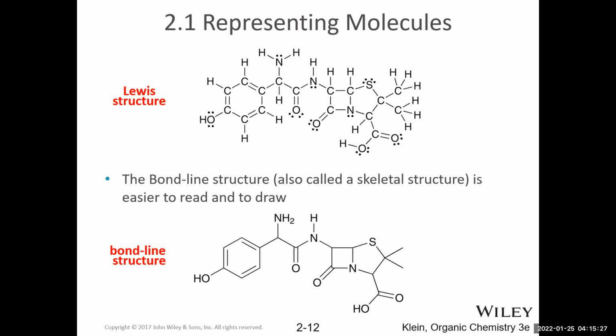Another thing that's sometimes left out, specifically when we're drawing the condensed type of bond line structure, are lone pairs. Lone pairs are drawn in sometimes and not other times. Again, it's just faster if we don't have to draw them. So sometimes they're not drawn in. However, a chemist has to know that they're there. Well, how do you know that they're there if they're not drawn in?